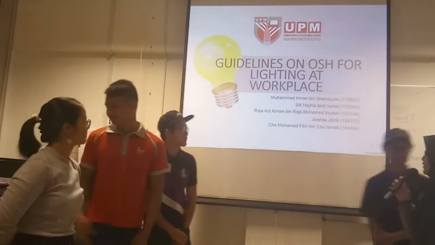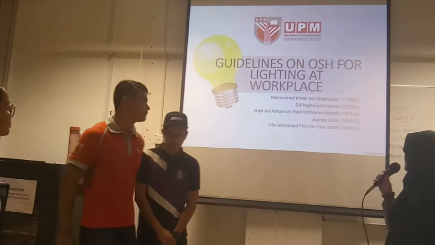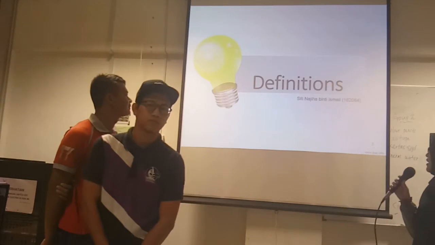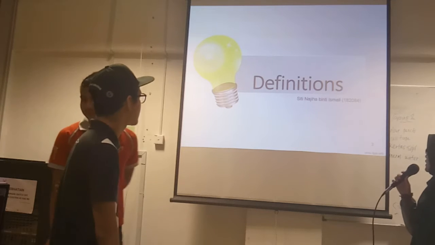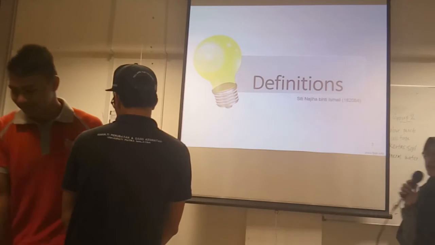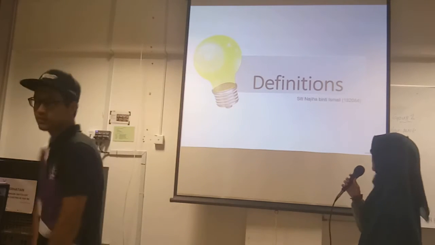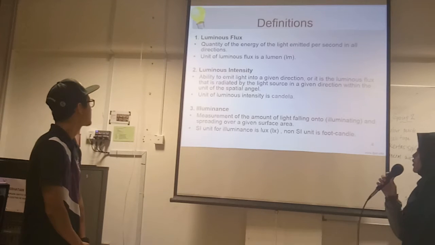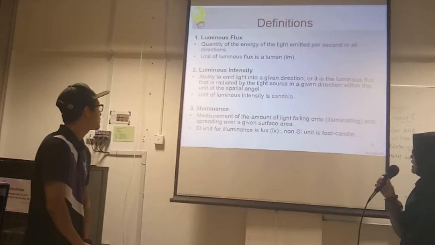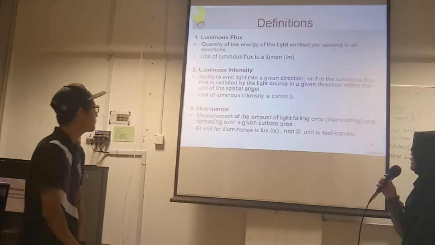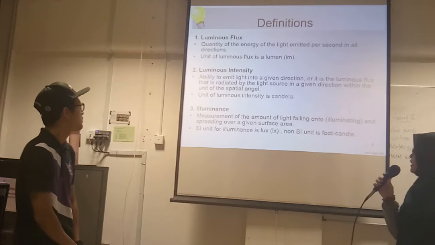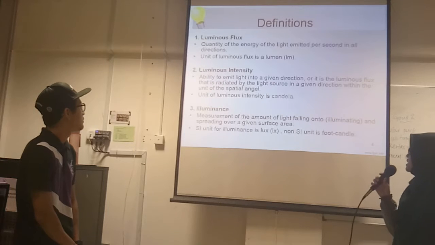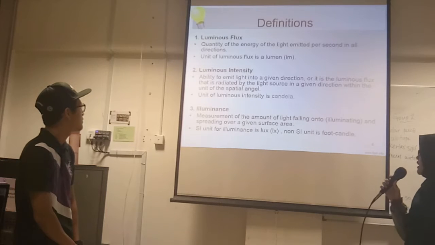Alright, so first of all, we'll proceed with the definitions. Alright, so here's a few definitions on the guidelines. Here is luminous flux, which is the quantity of energy of light emitted per second in all directions, and the unit is lumen, and then luminous intensity, which is the ability to emit light in a given direction, and the